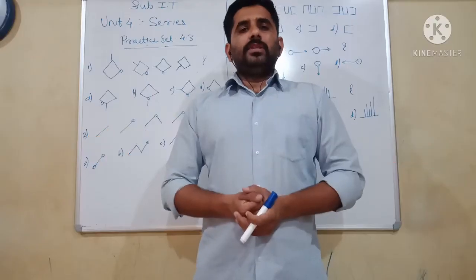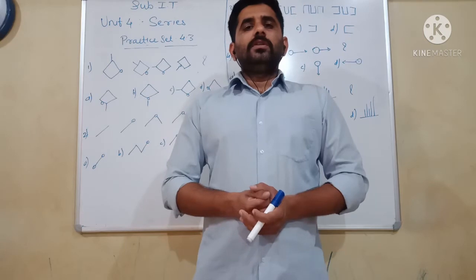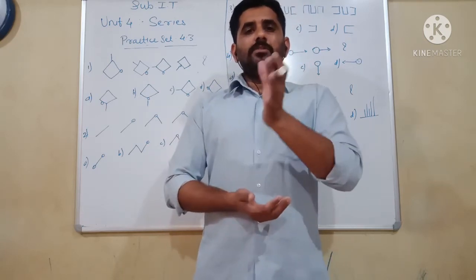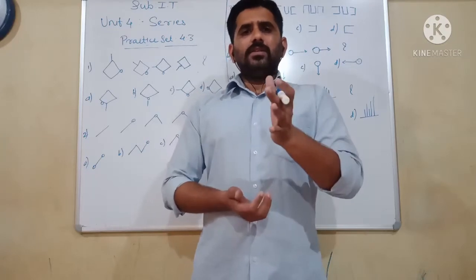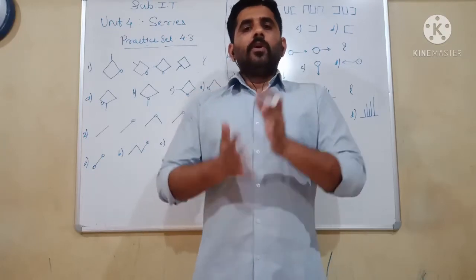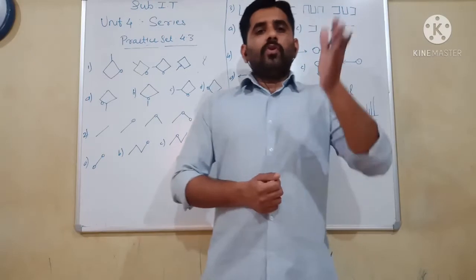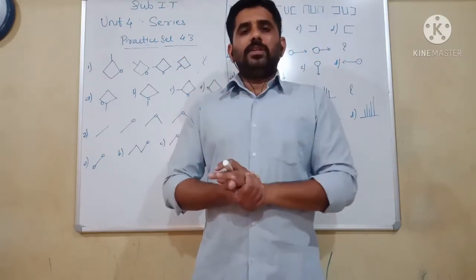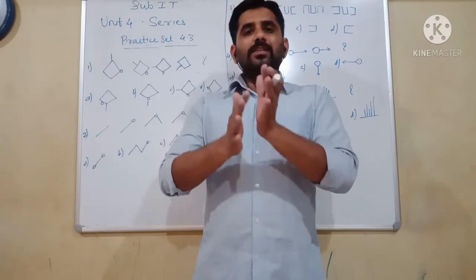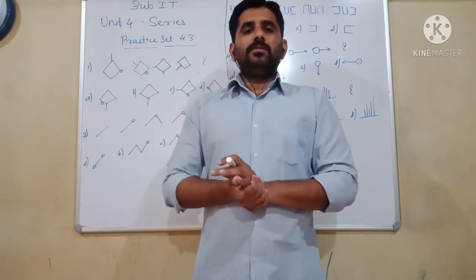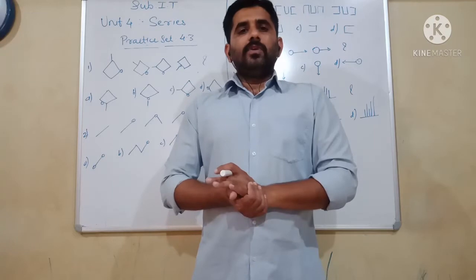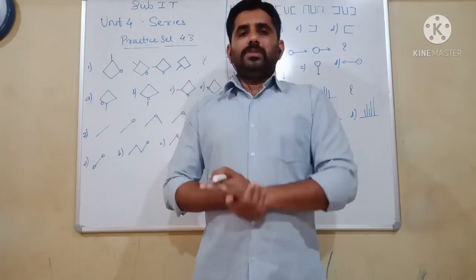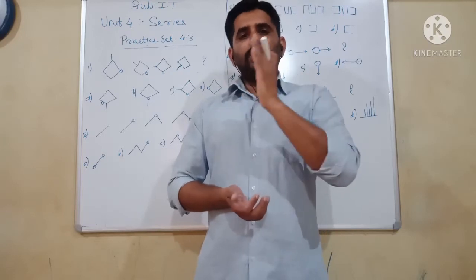In this 4.3, we will discuss certain types of symbols. Here some symbols are arranged in a certain fashion. We have to follow from right to left how the symbol is changing gradually. We will have to check the pattern of changing symbols and find the right alternative from the given options. So let's start with today's topic.